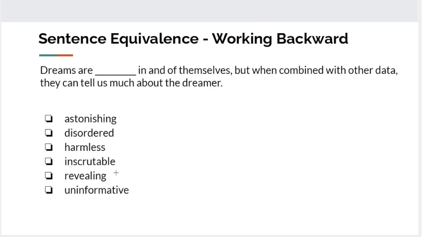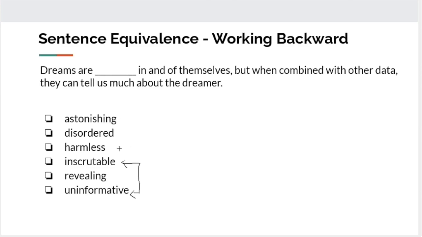And we'll look at one other example here, one that we already looked at earlier. Let's just look at the answer choices. So astonishing, disordered, harmless, inscrutable, hard to understand, hard to make sense of, revealing, uninformative. So in this case, we're talking about dreams. Well, uninformative and inscrutable are synonyms. As for the others, there's really no connection between these other words. Astonishing, shocking,